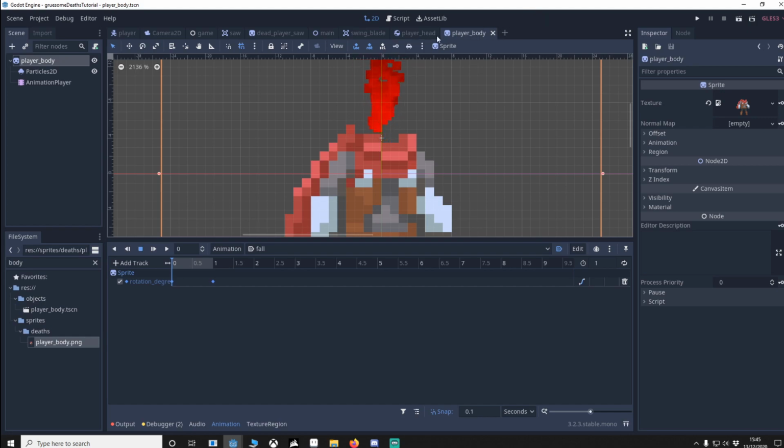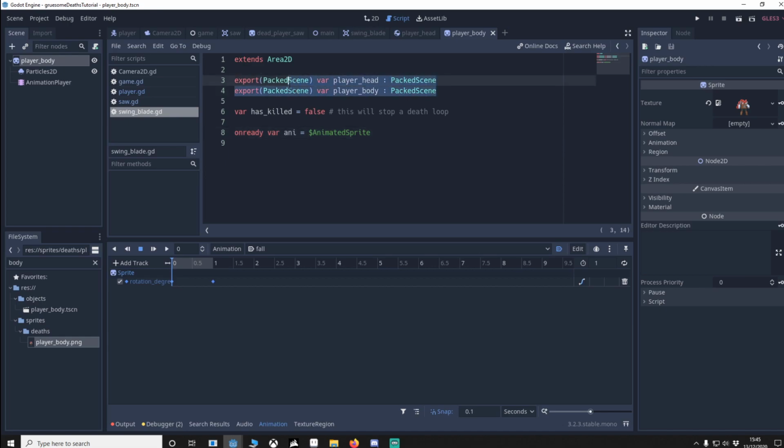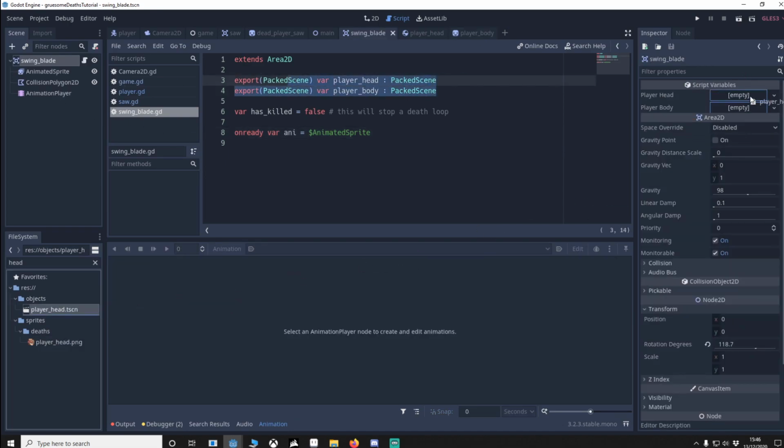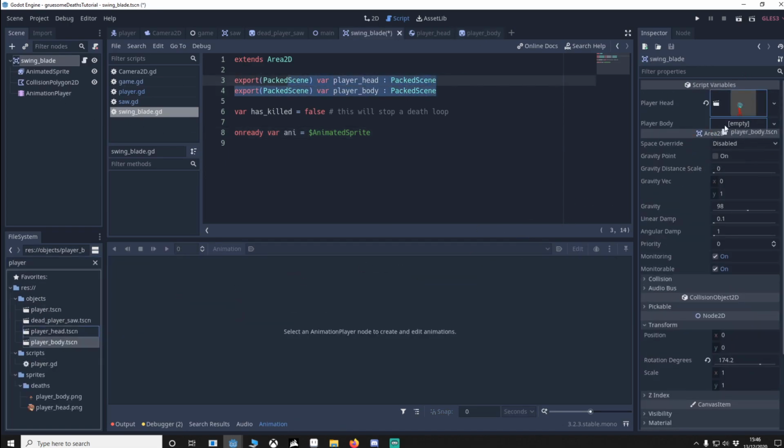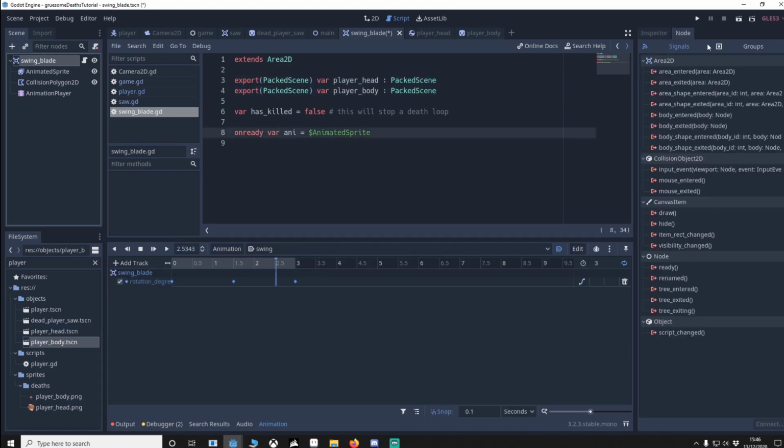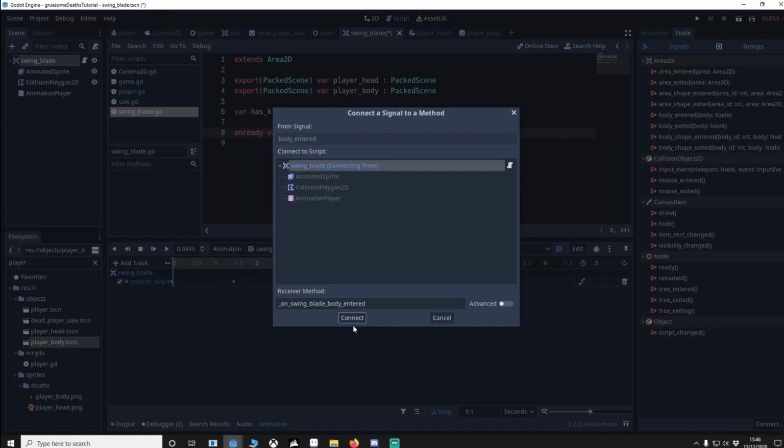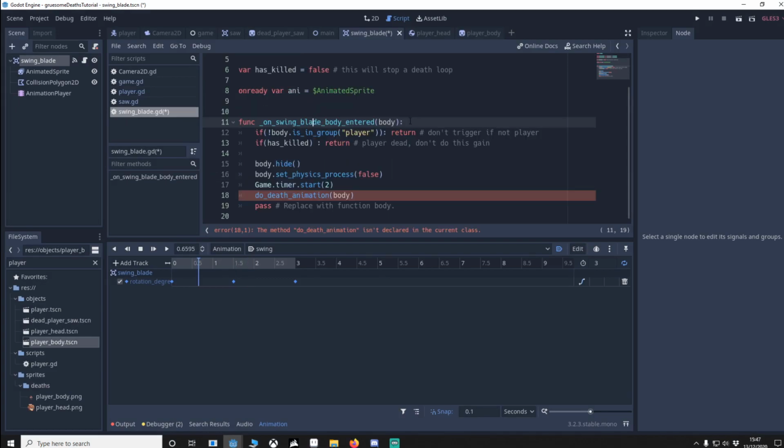We're going to focus on the script. You'll notice that we've got to put these in, so let's do that now. Player head goes to player head, player body goes to player body. Click your swing blade, go to your node, go to your signals, and like with the saw, we're going to make sure that it's body entered. Make sure it's on the swing blade, connect, there we go. So what happens here is that